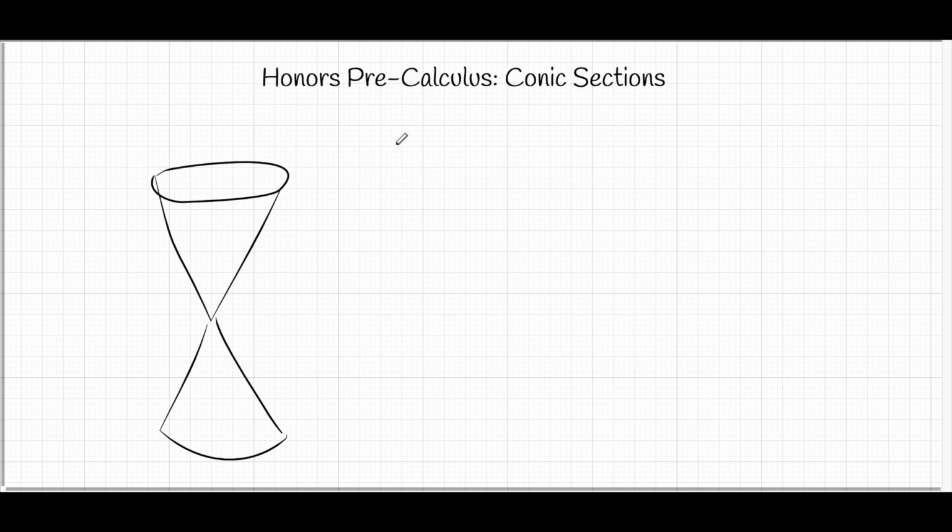There will always be some ax squared plus by squared, and technically it continues to plus cx plus dy plus e and so on is equal to 0. That would always be the standard form for any conic section. But you can use completing the square to find the